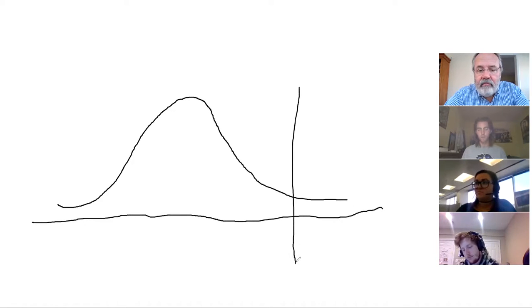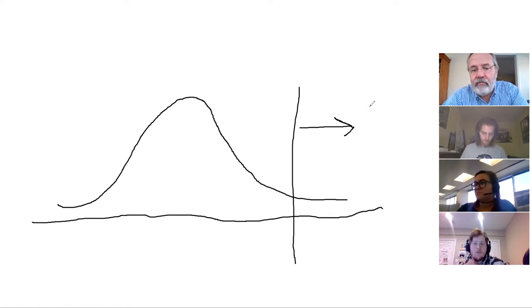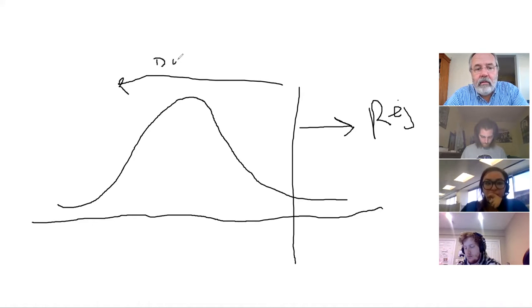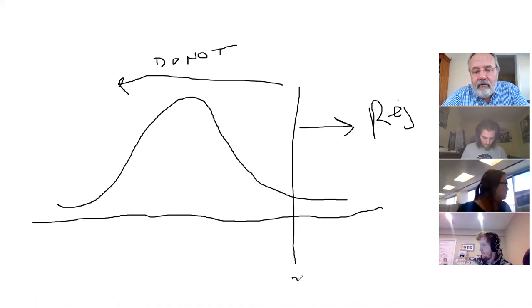You're going to reject anything that's past your t-value or your z-score, whatever you may have. This is a rejection area, and this is a do not reject area. So if this was 5%